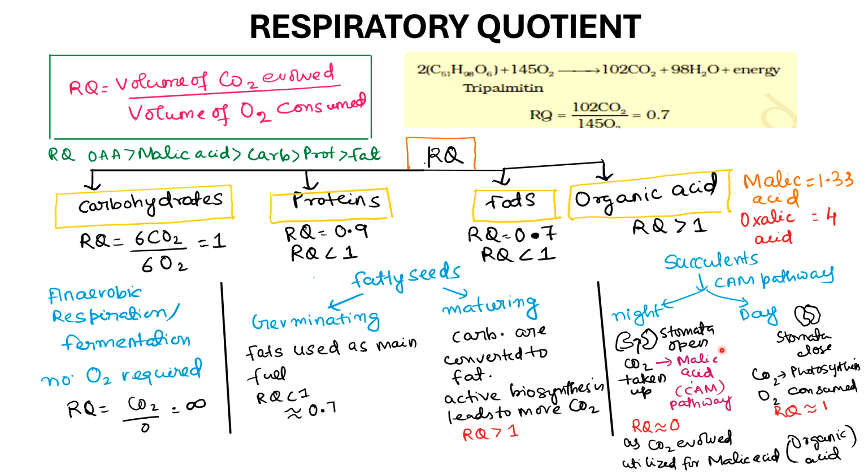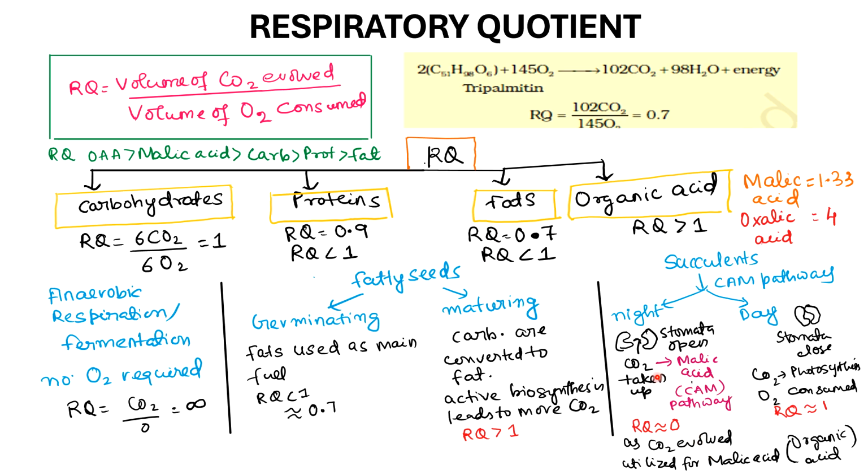So during the day the stomata remain closed because they don't want any loss of water molecules, and they open at the night time. So when in the night time the stomata is open, the carbon dioxide which is released in the respiratory pathway, incomplete